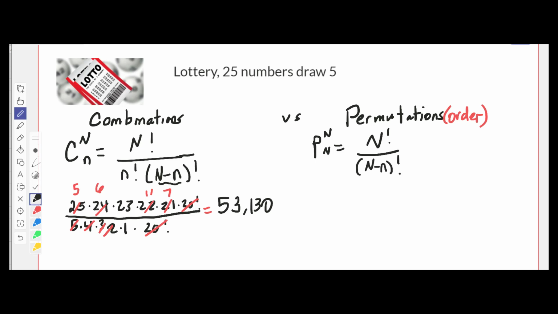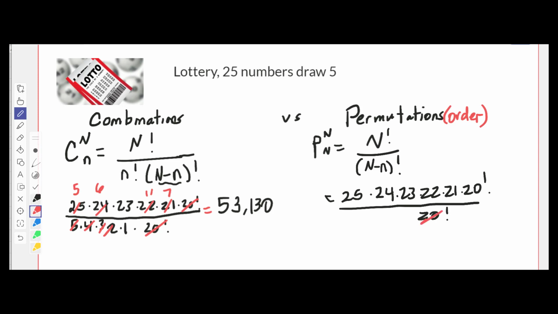Where big N, once again, is the total number of values, 25, 24, 23, 22, and you already know from the other example to stop at 20, because in fact that's going to be the entire denominator. So if you simply multiply everything in the numerator, 25 times 24 times 23 times 22 times 21, you get